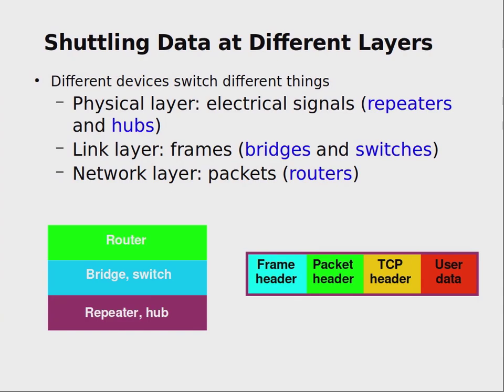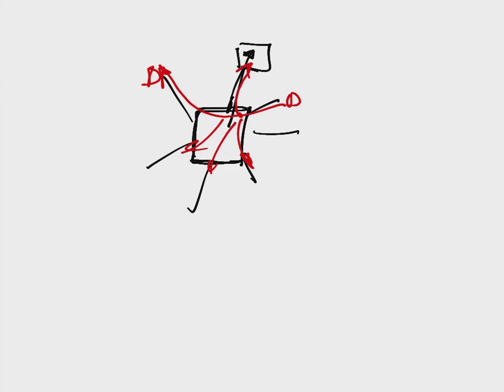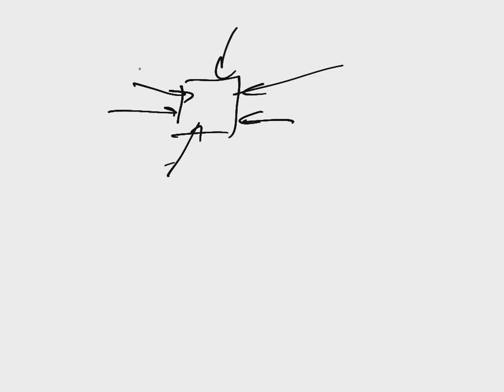A repeater. There are almost no devices like repeaters in today's world, because electronics have become so cheap that a repeater is not used. So a repeater, if that was an Ethernet network, just establishes an electrical connection between different devices. So here you have these Ethernet devices connected to your actual hub.